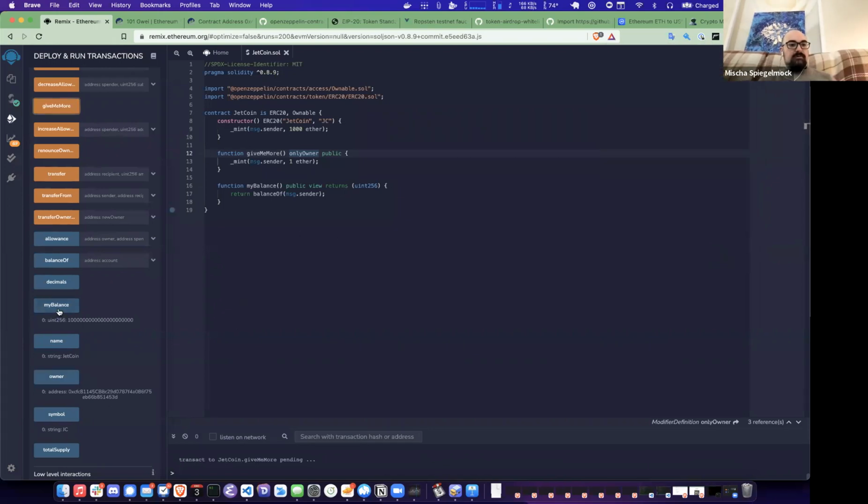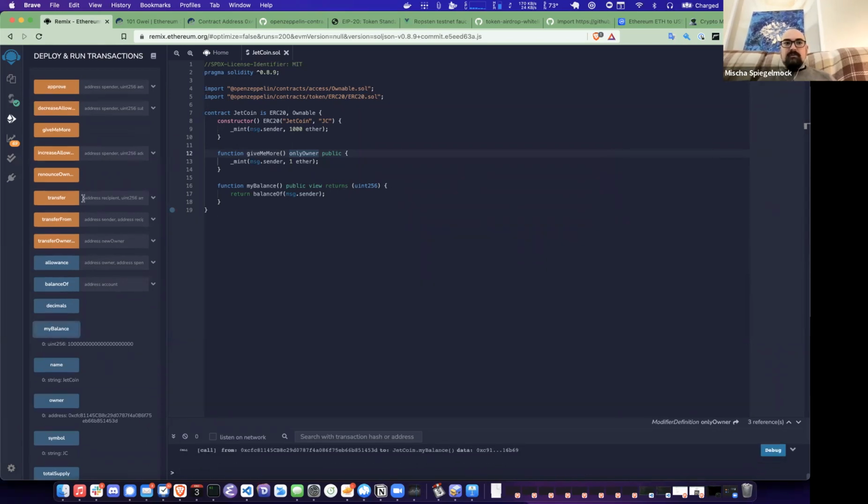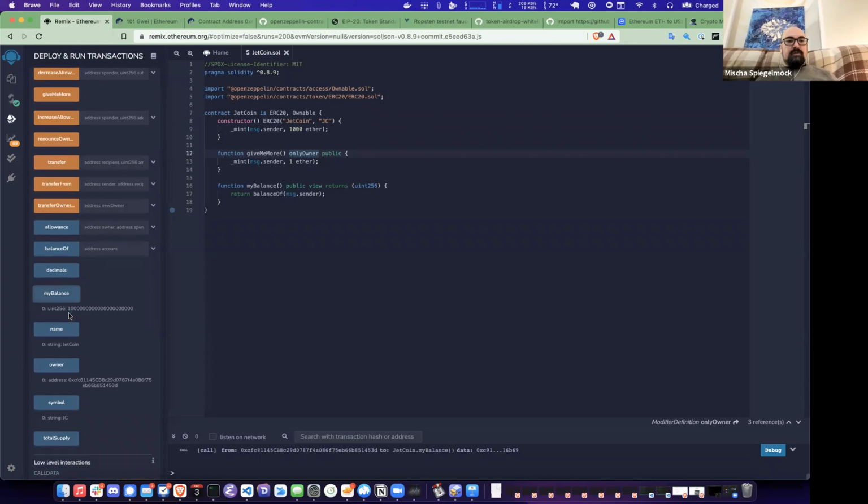And then I should be able to go get my balance again, and maybe we'll wait a second. I don't know how long it takes or if it worked even. But it should increase my balance by 1 at some point. So that's how you can interact with a contract. You can do this all programmatically. So if you want to write, let's say, a web page that does all the stuff that this does, you can do that quite easily.